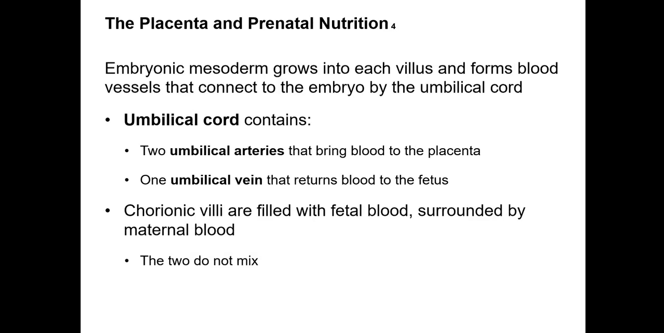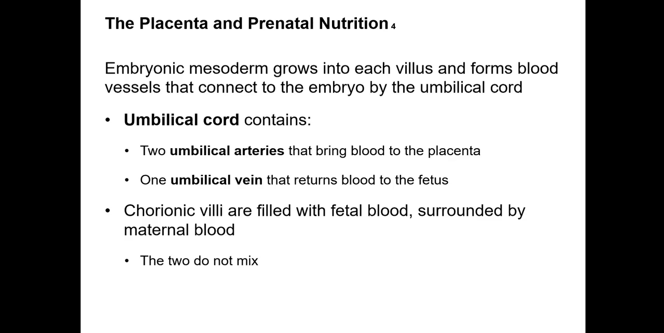Now the embryonic mesoderm will grow into each villi, or villus, and then form blood vessels that connect the embryo by the umbilical cord. So the embryo will be physically connected to this umbilical cord and to this placenta through 2 umbilical arteries and 1 umbilical vein. So the 2 umbilical arteries are going to bring blood from the fetus to the placenta, so this will be waste-filled blood,